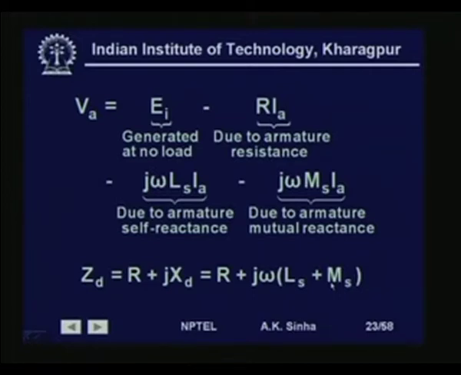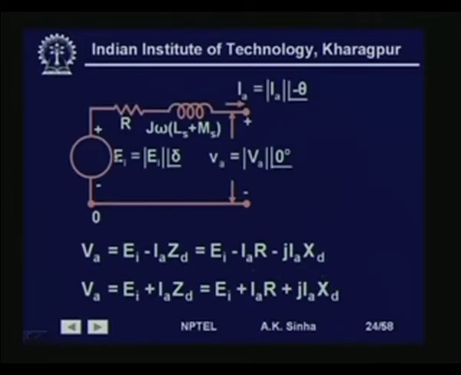Okay. So, this is what we get, and the circuit model for the synchronous machine can be put like this, where for the machine acting as a generator, we have V A is equal to E I minus I A into R plus j omega (L S plus M S), that is E I minus I A into Z D, which is equal to E I minus I A R A minus j X